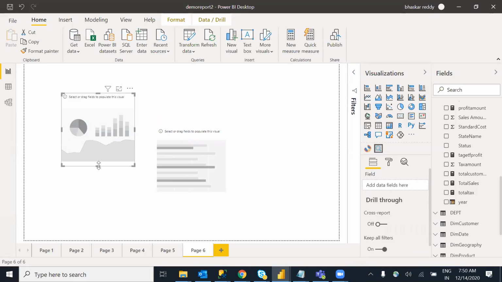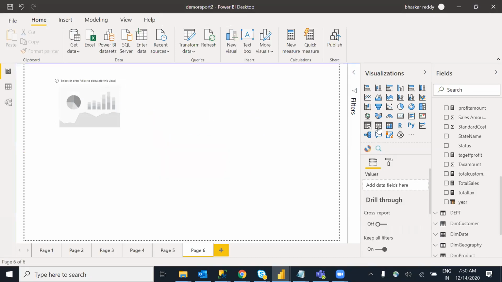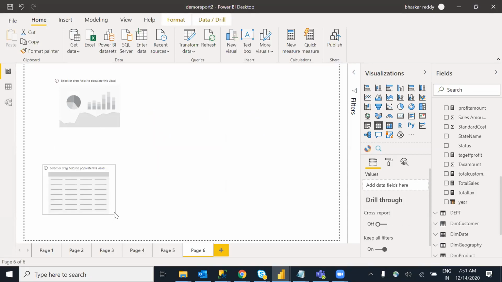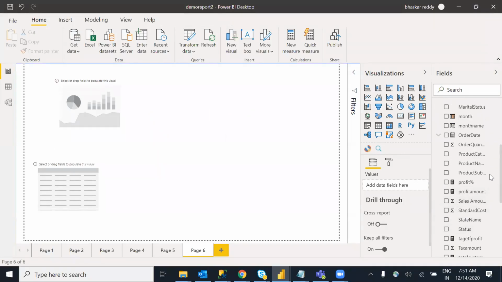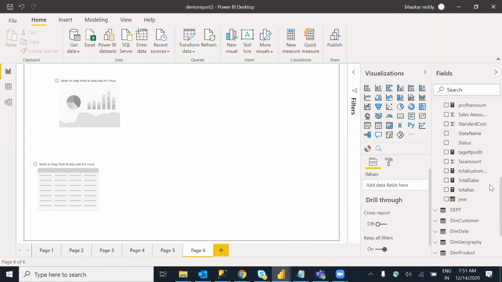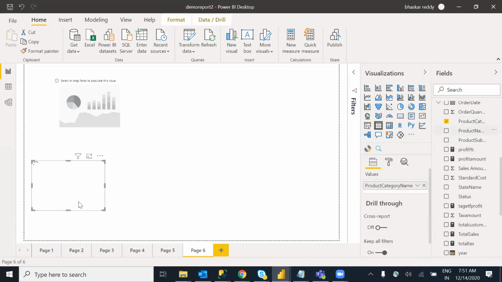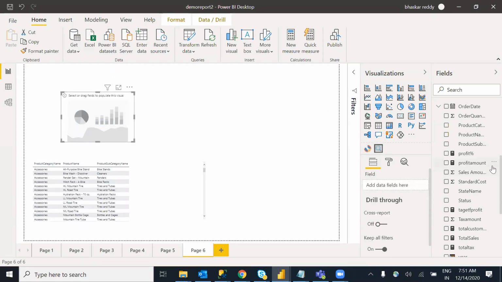In one requirement, there is a table, and they don't want a slicer or something. They want a search box, and based on the search, the table has to be filtered. Let me show it. Let me add product category, product name. Okay, I have a table like this. I have a table visualization, and I want to search for something, about any product I search. So based on that,